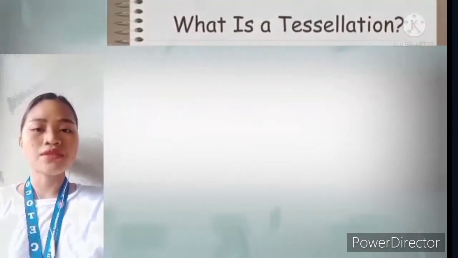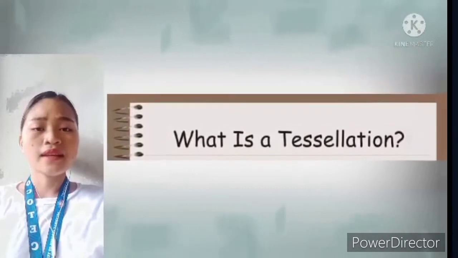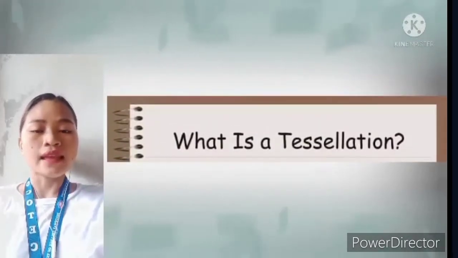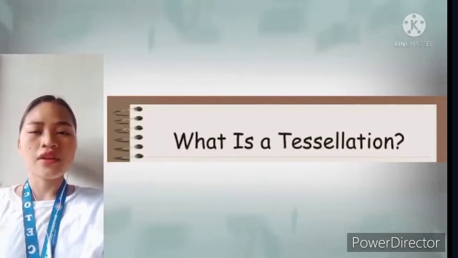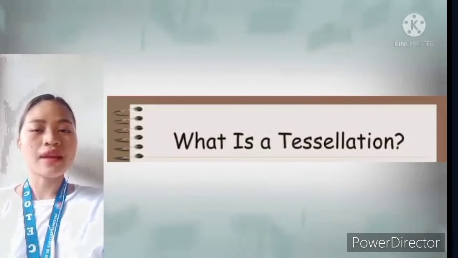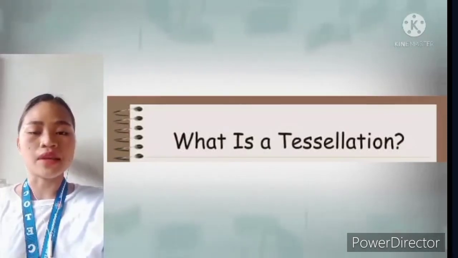You may want to ask yourself, what is tessellation? Well, tessellation is made up of a flat surface that has a tiling of the plane that uses one or more geometric shapes, which are called tiles. There is no overlapping or gaps. When we're talking about tessellation in math, it generalizes to higher dimensions and a variety of geometries.